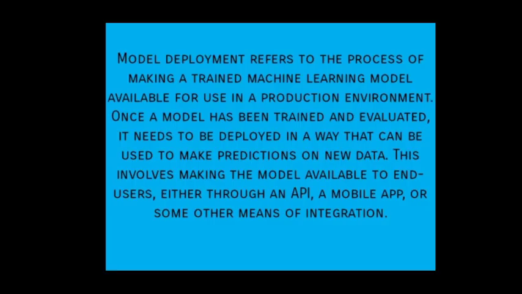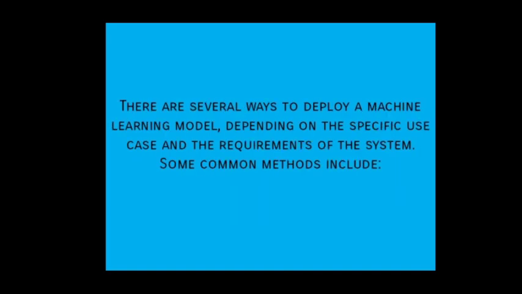Model deployment refers to the process of making a trained machine learning model available for use in a production environment. Once a model has been trained and evaluated, it needs to be deployed in a way that can be used to make predictions on new data. This involves making the model available to end users, either through an API, a mobile app, or some other means of integration. There are several ways to deploy a machine learning model, depending on the specific use case and the